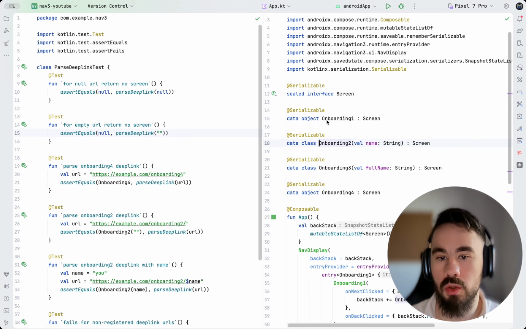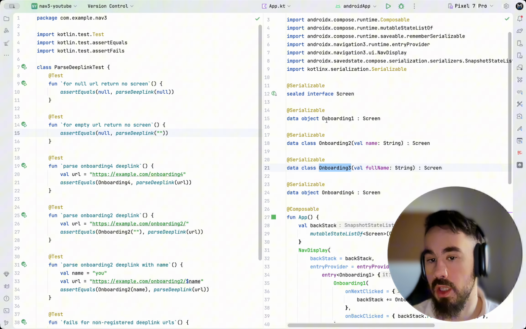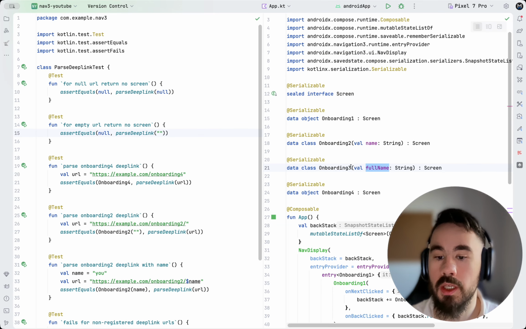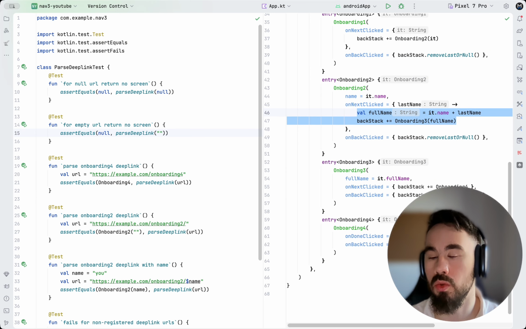Then we have onboarding two when user gets the name entered on onboarding one. On onboarding two screen, user will enter the last name. Then from the name and the last name, we will form full name, as you can see here. And then we go onboarding three with a full name, but that requires